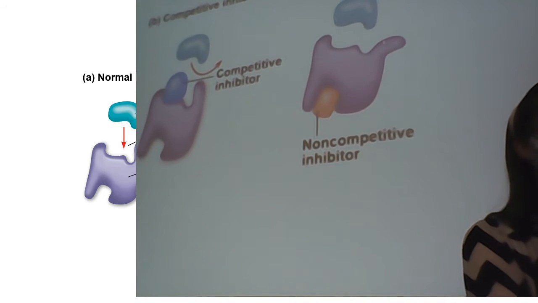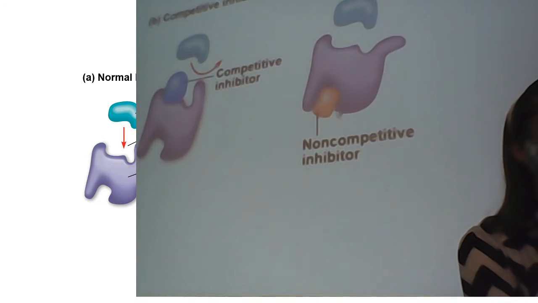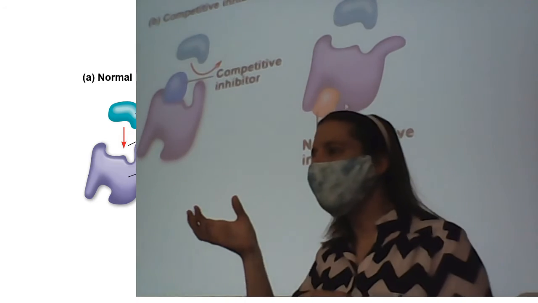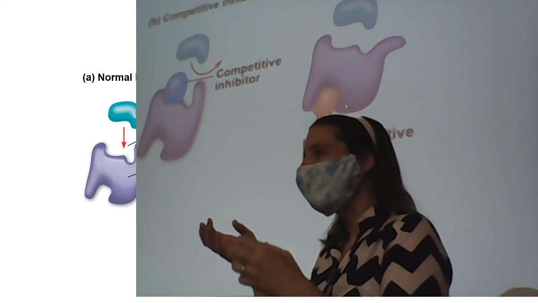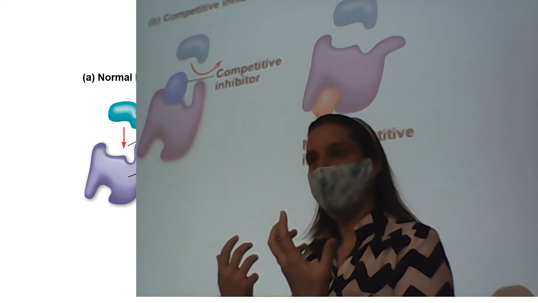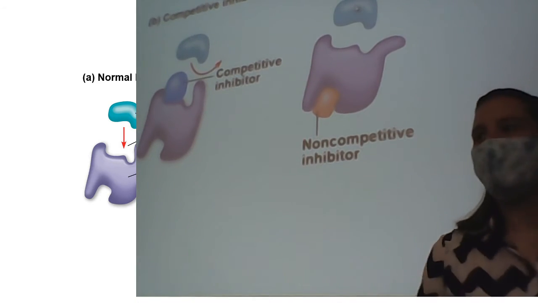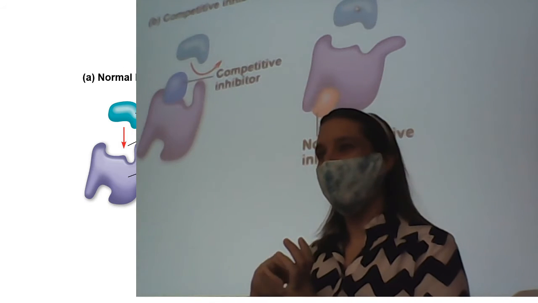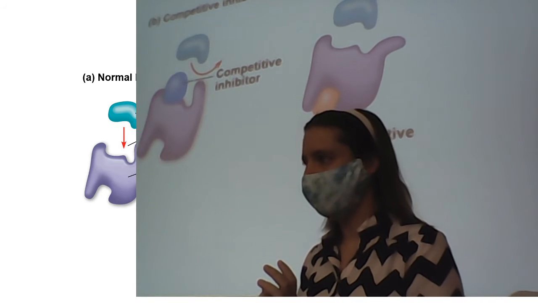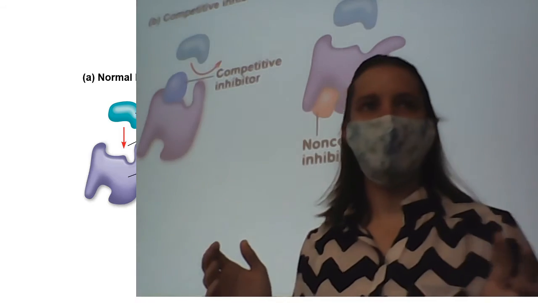Non-competitive inhibition, nothing's blocking the active site, but something stuck to the enzyme someplace else, and now the whole thing's in a different shape. Right? And now, this substrate can't fit, the active site isn't as good as it used to be. Yeah? If you want to take an example,